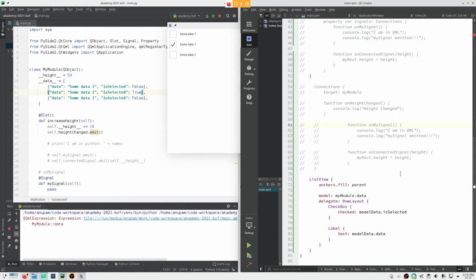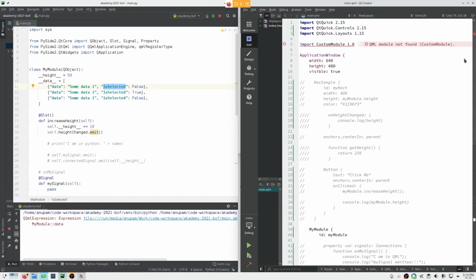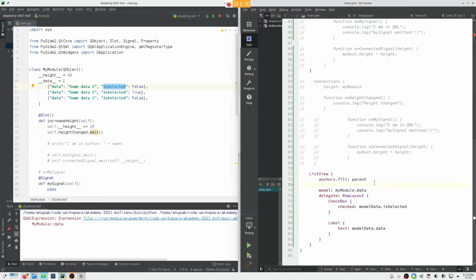So what I just did is, for each of these model data, I'm showing a text with the text from the data key, and I'm showing a checkbox with the value from the is selected key. Row layout in QML is available from QtQuick.Layouts. In this row layout, we have a checkbox, and the value of this checkbox will be retrieved from model data dot is selected, which is this key here, and a label with the text model data dot data, which is this key here.